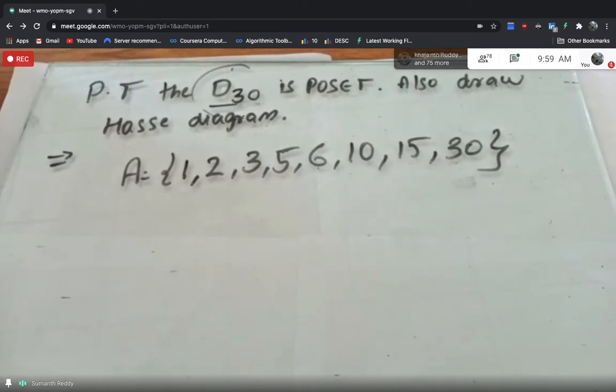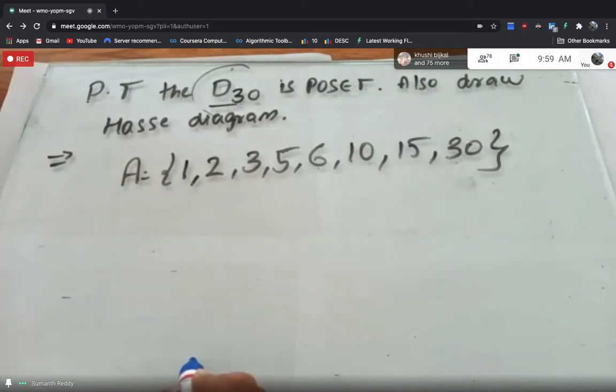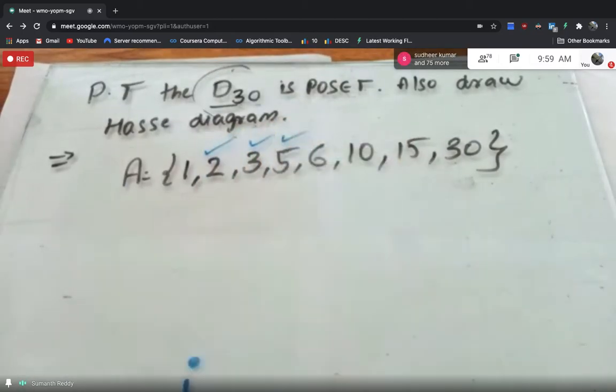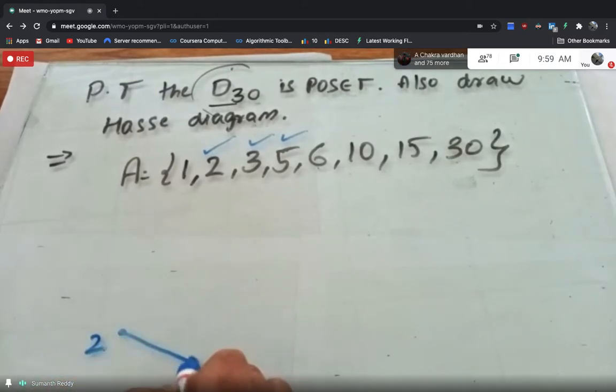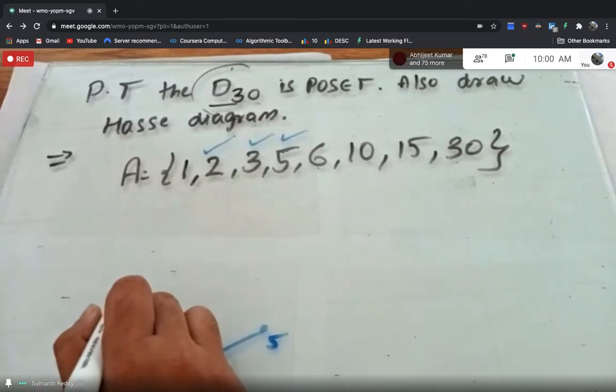Okay, I think most of you have solved it. Please cross check with this. As you already know, here the least element will be 1. The elements which are related to only 1 are 2, 3 and also 5. So this time we have 3 numbers, and I will include them: the number 2, the number 3 and then the number 5. Next, which is the number related to 2 and 3? It will be 6.